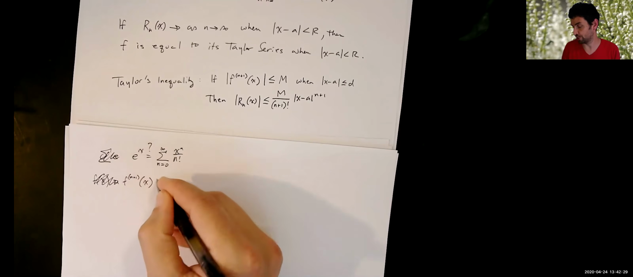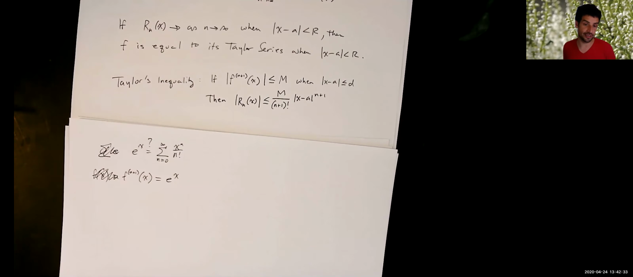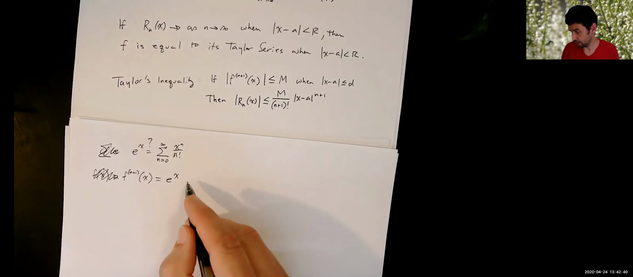The nth plus 1 derivative of f of x is e to the x, right? Every derivative of e to the x is e to the x. So the nth plus 1, whatever term we're at, e to the x. Okay, so